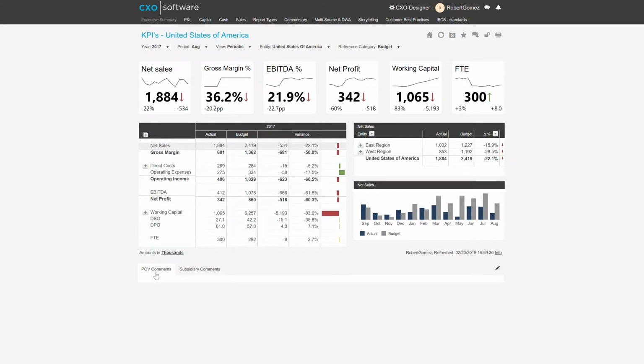Now we see here I have no point of view comments. So I have no comments and no subsidiary comments. You see the section is also empty. This means that the entities below United States have not yet submitted a commentary or a comment. So if we go now for this USA entity, we'll go to point of view comments and we'll go to